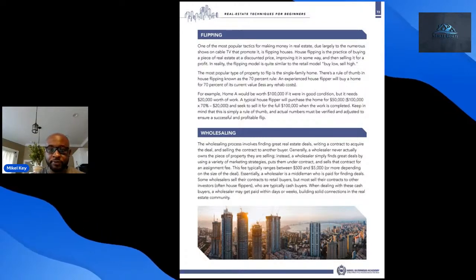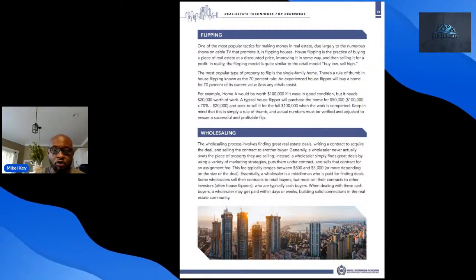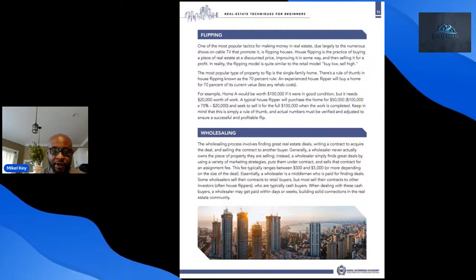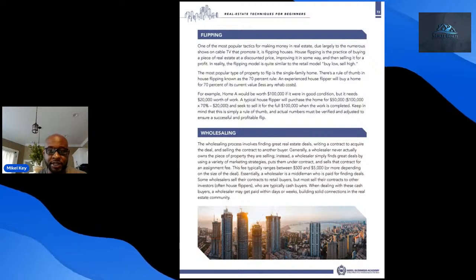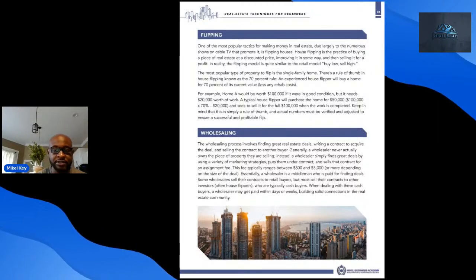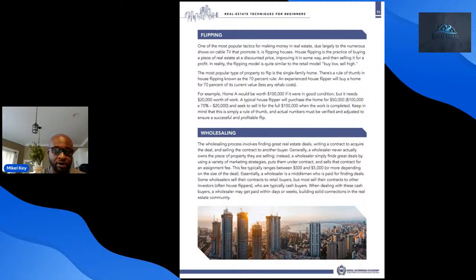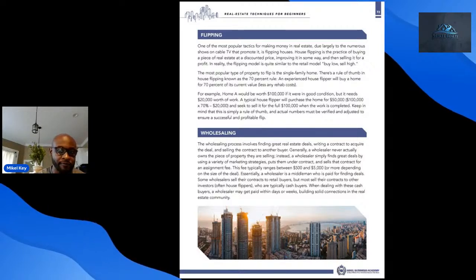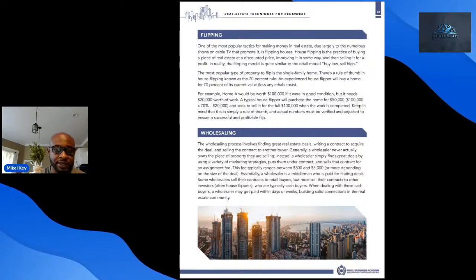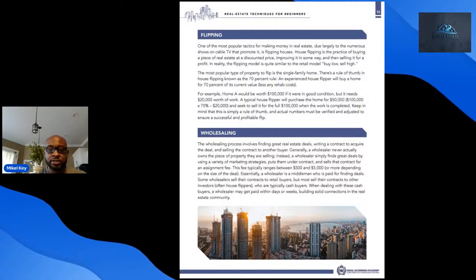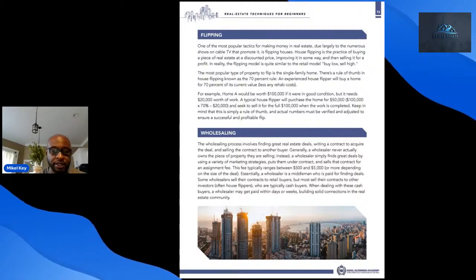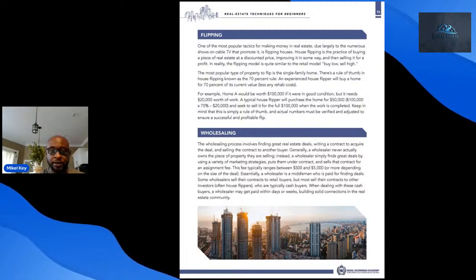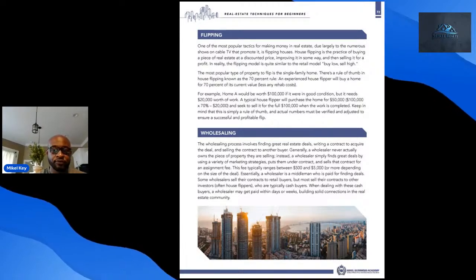So, for example, if the after repair value of a home is $100,000, that means you can invest no more than $70,000, because 70% of $100,000 is $70,000. So if you've partnered with your general contractor and y'all have gone to look at that property,